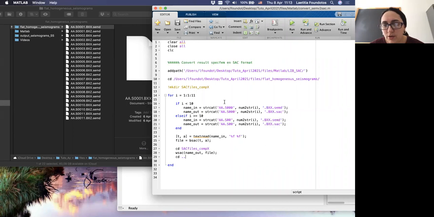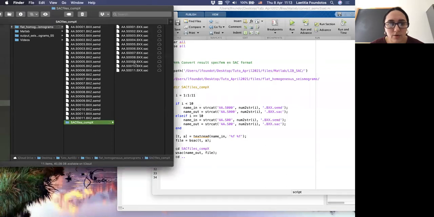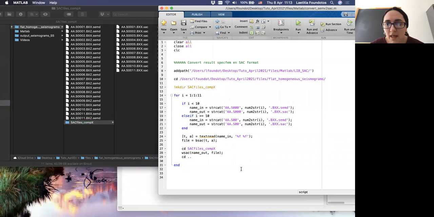First I will launch this small code for the component X. This is really fast. Okay, and all the new files appear here. I will also do the same for the other component.